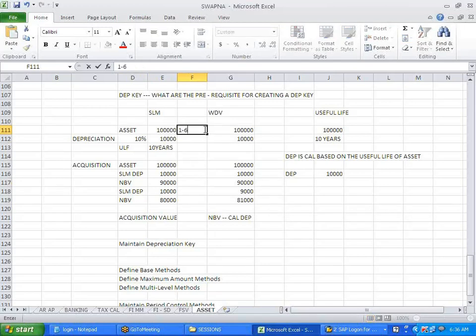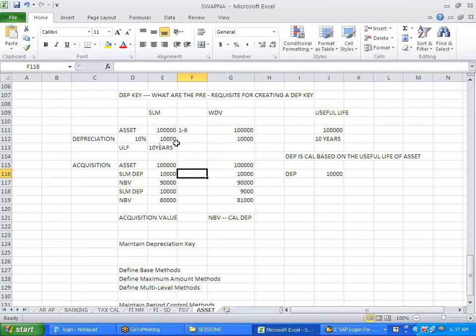If I purchase between the first and 6th month, I will get full depreciation. If I purchase in the first month, I'll get 10,000. If I purchase in the second month also, I'll get 10,000. Any asset purchased between January and June gets full depreciation.